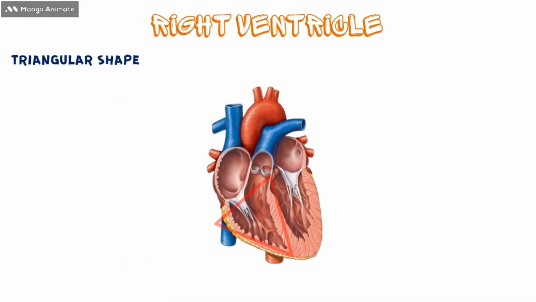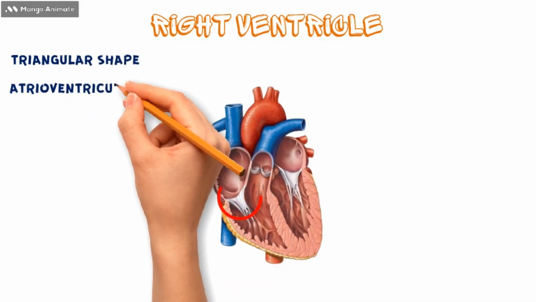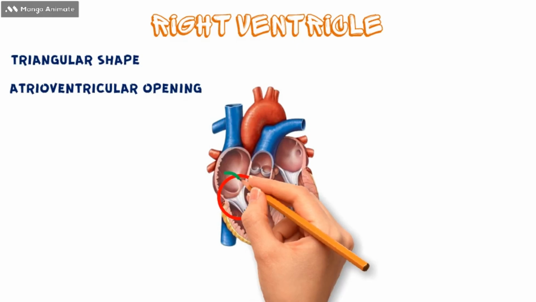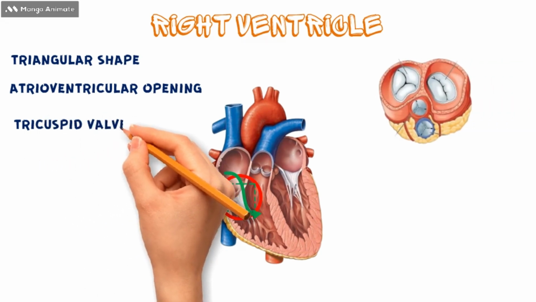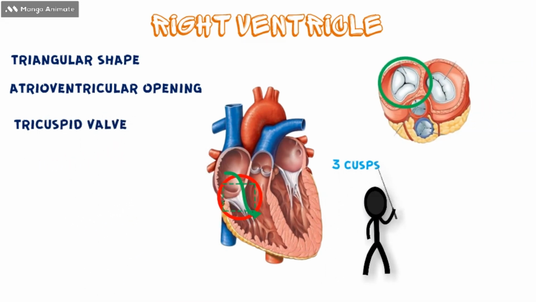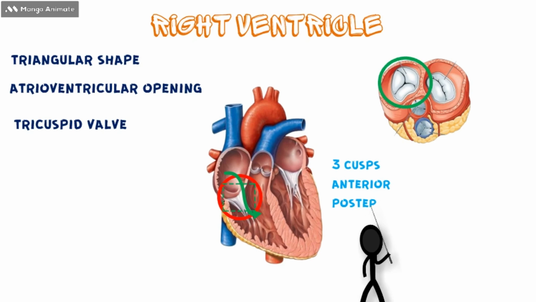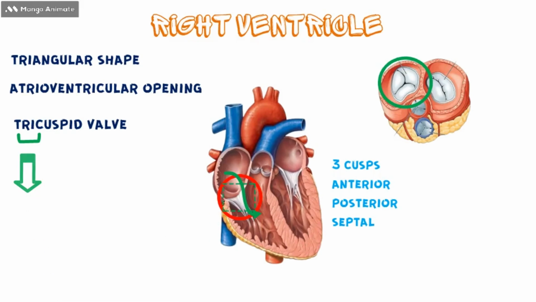At the base of the right ventricle, you will find the right atrioventricular opening through which blood will move from the right atrium to the right ventricle. There is a valve present at this opening, called the tricuspid valve, called so because it has three cusps: the anterior, posterior, and the septal cusp. Also, there is RI in tricuspid, which I use to remember that the tricuspid valve is on the right side. This valve will make sure that blood is moving in one direction from the right atrium to the right ventricle and prevent